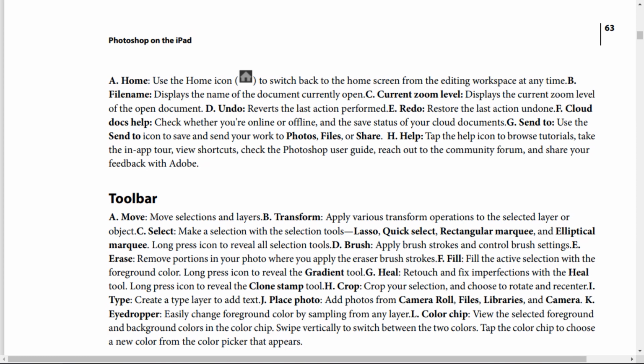And the C icon, C means current zoom level. Current zoom level displays the current zoom level of the open document. And D means undo. Undo means reverse the last action performed. E means redo. Redo means restore